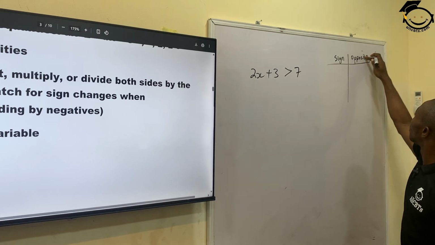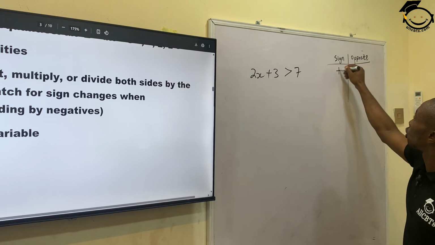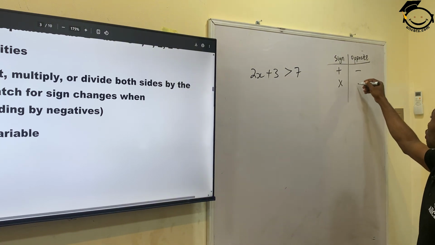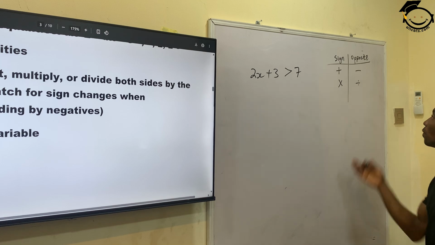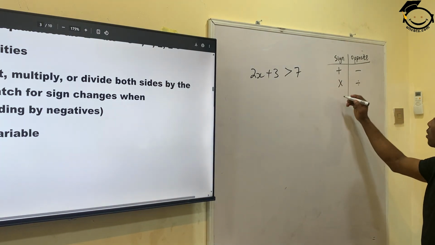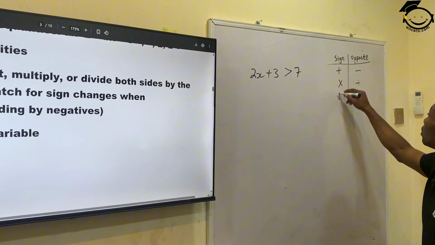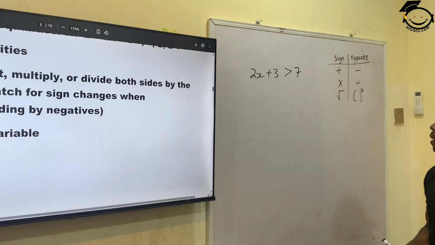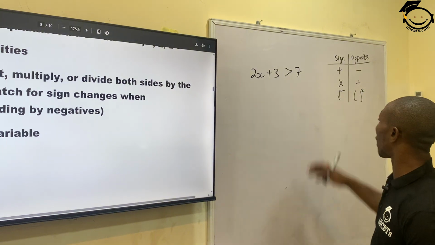So if we have addition, the opposite will be subtraction. If we have multiplication, the opposite will be division, and vice versa. So bearing in mind of this, if we have square root, the opposite will be squared. So bearing in mind of this, okay,